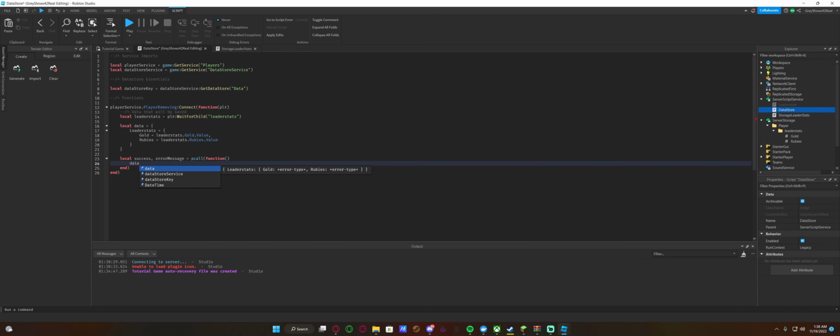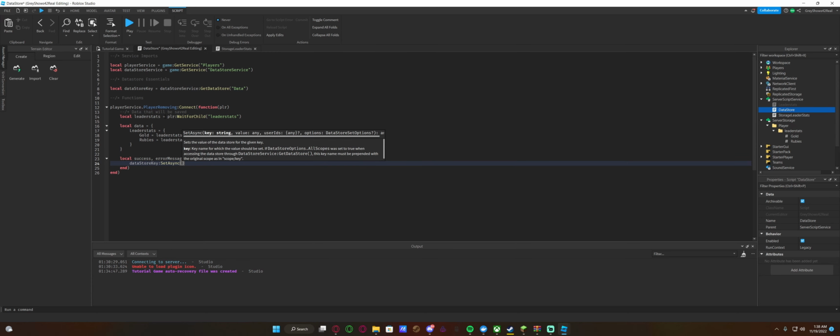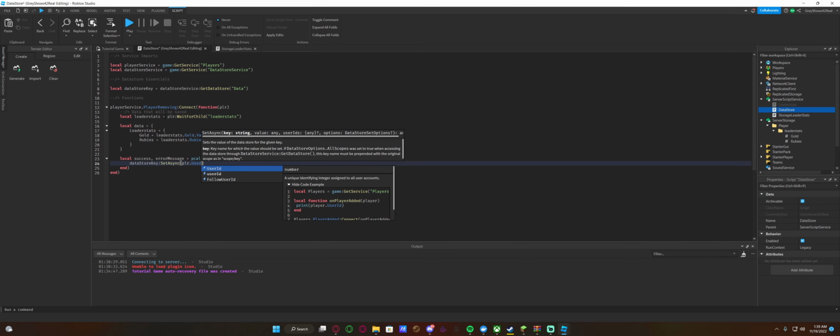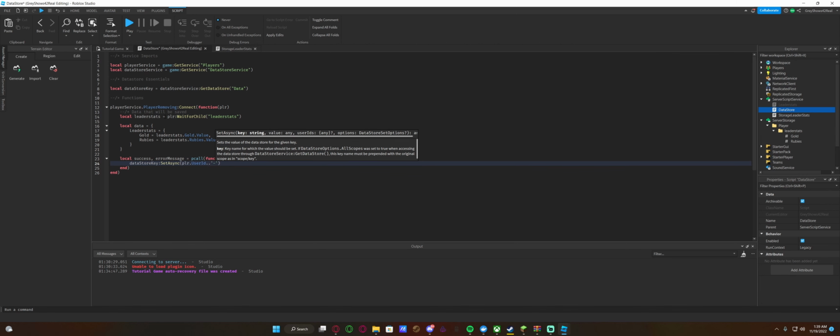And here we're just going to do data store key, colon set async. And it's asking for a key, what is going to be saved under. We want it to be unique. So we could technically do player.name. Thing is though, if they change their name, their data would be lost. So instead of using name, you're going to use user ID, which cannot be changed and is unique to every single account. And then also, I like to just do the player user ID,